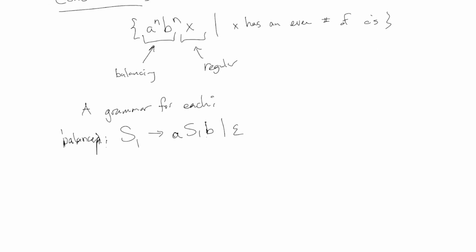And then the second grammar I'm going to get by making a little NFA, so you might want to do this on the side here. An even number of A's is like this, and that should be the accepting state, right? This NFA, it's a DFA actually, but it will accept any string with an even number of A's. And so the regular part,